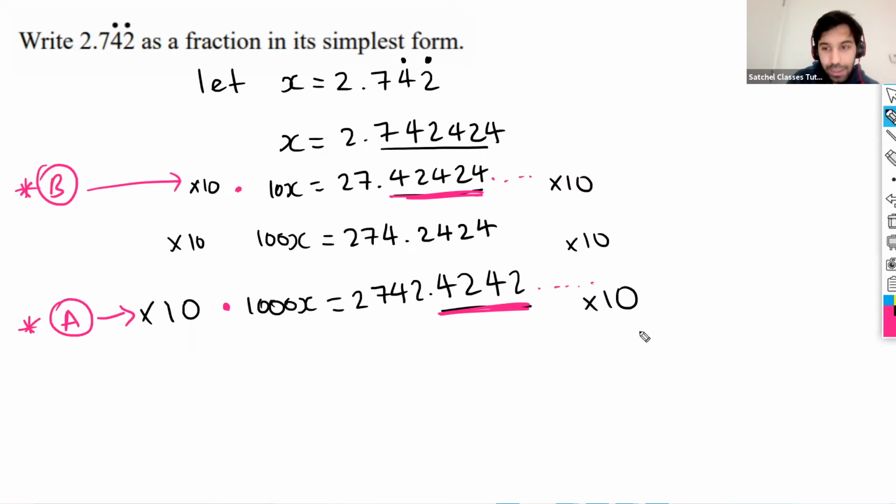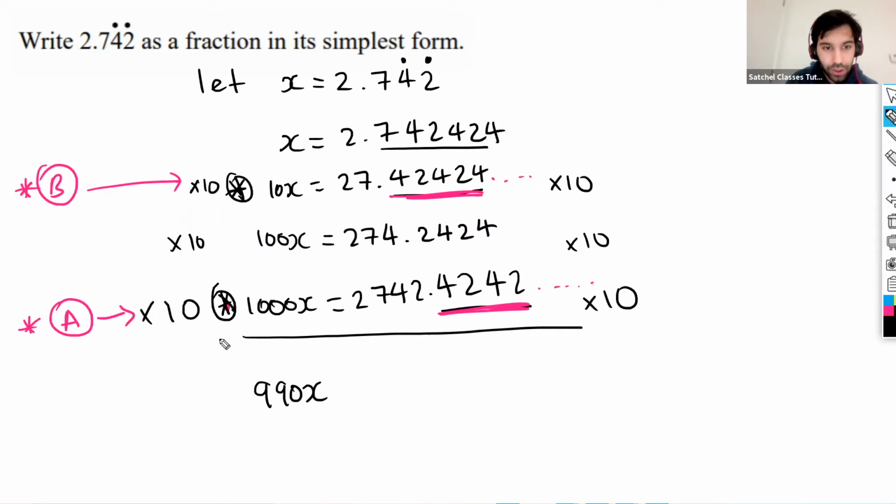So 1000x take away 10x, that's going to give us 990x. So we're doing this equation and this equation, and we're subtracting them from one another. And then 2742 take away 27 is going to be 2715. And then the recurrent decimals will cancel down to 0. So 990x is equal to 2715. X is therefore equal to